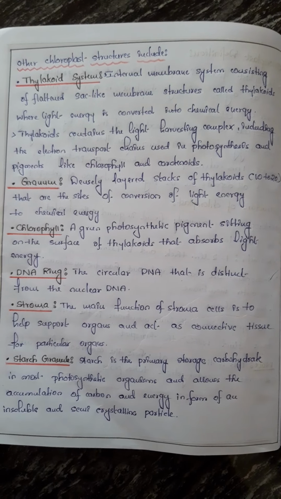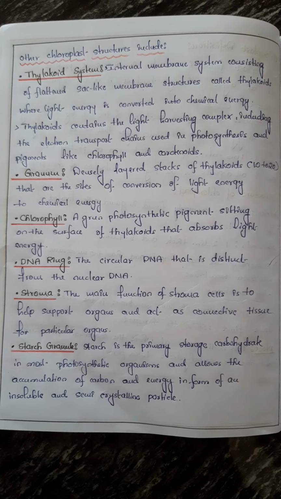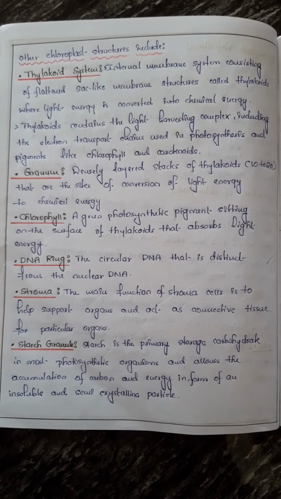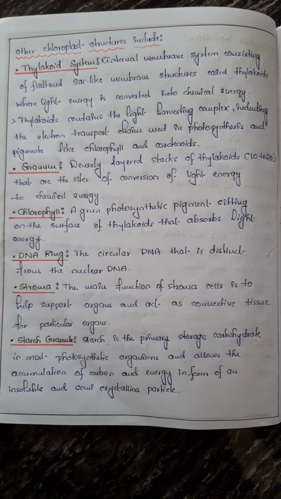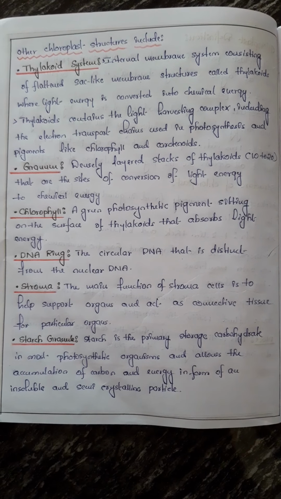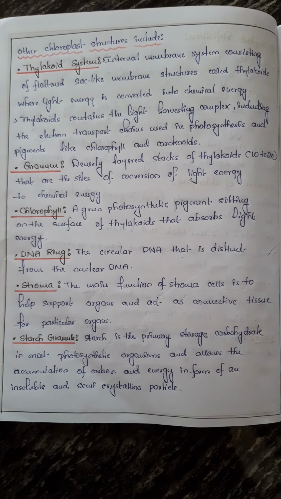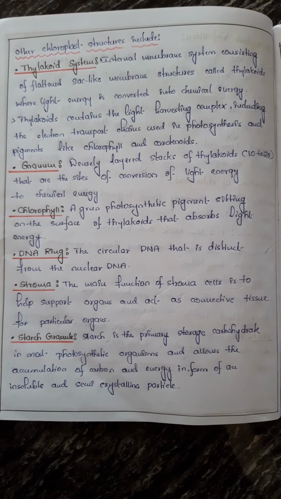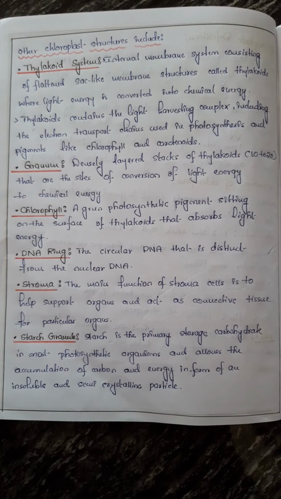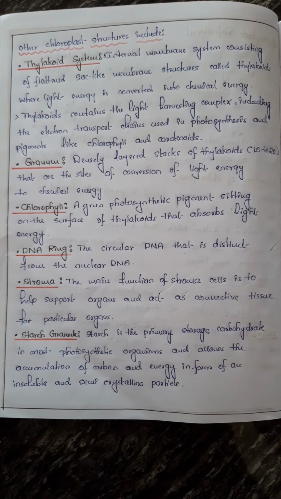Next, move on to other chloroplast structures, which include thylakoid system, granum, chlorophyll, DNA ring, stroma, starch granule, ribosomes. Thylakoid system, internal membrane system consisting of flattened sac-like membrane structures called thylakoids, where the light energy is converted into chemical energy. Thylakoids contain the light harvesting complex, including the electron transport chain used in photosynthesis and the pigments like chlorophyll and carotenoids. Granum. Densely layered stacks of 10 to 20 thylakoids that are sites of conversion of light energy to